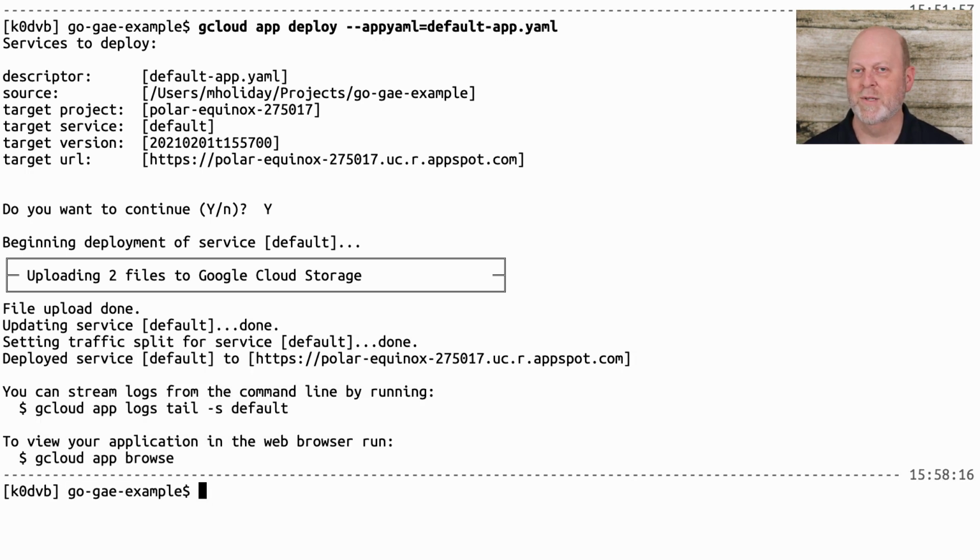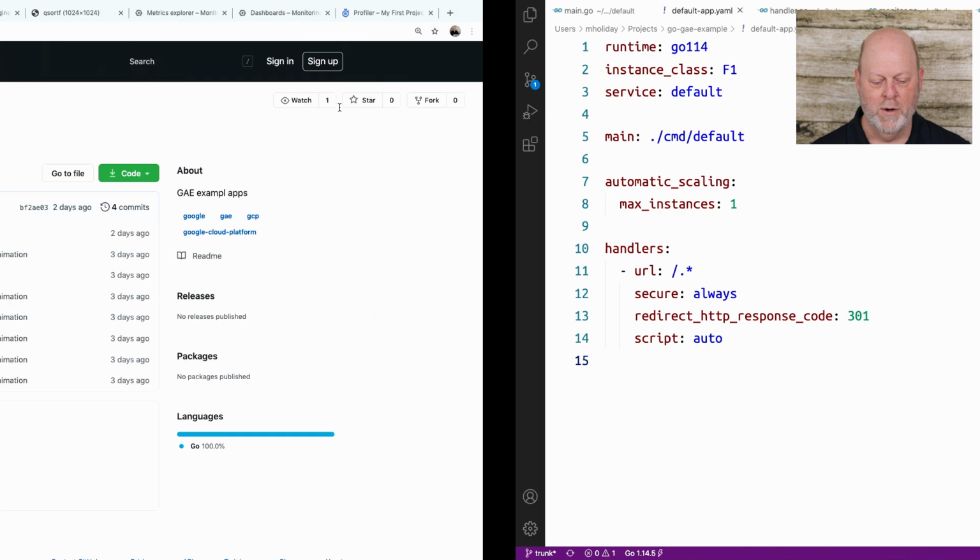Okay, it's come back to us, and now we can see it updated the app, which is pretty easy because there wasn't more than one file to compile. It also updated the traffic split, so the traffic will all go to the new app, and we'll go see that. So if I go back over to